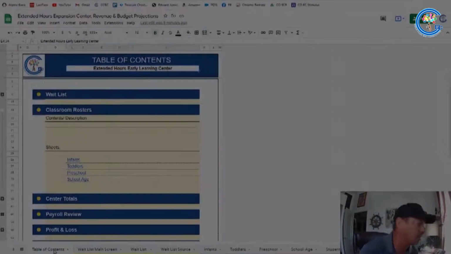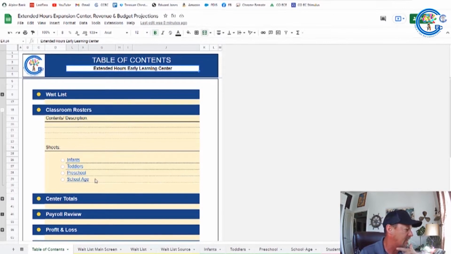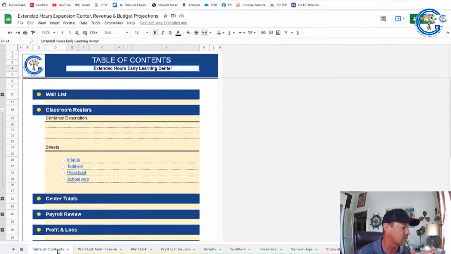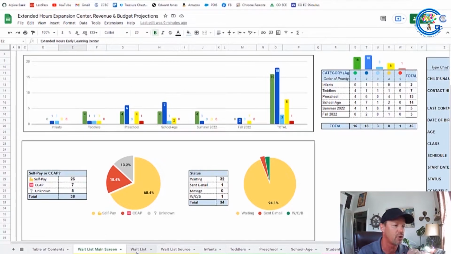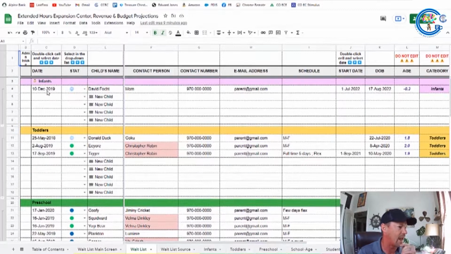We're going to jump in. This is our tool for extended hours, early learning center, and simply a table of contents here, which is nice and helpful. I don't use a table of contents, but it exists. This also has a waiting list for you, so you can see where you're at on the waiting list. These are fictitious children that we've put on there just to show you how that works. The waiting list main screen is here, so you can add kiddos in here, and you can also grab one of my videos